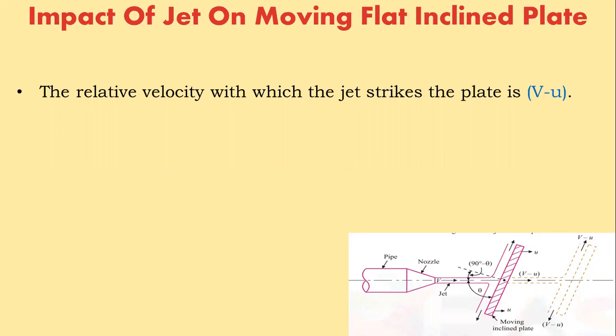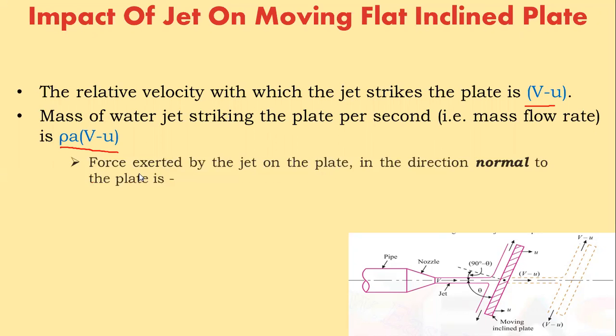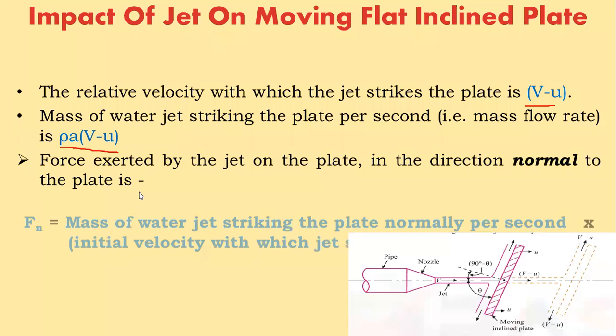Now proceeding further, what will happen for the moving plate? The relative velocity with which the jet strikes the plate is V minus U. The mass of water jet striking the plate per second is going to be rho A into bracket V minus U. Next, the force exerted by the jet on the plate in the direction normal to the plate is going to be